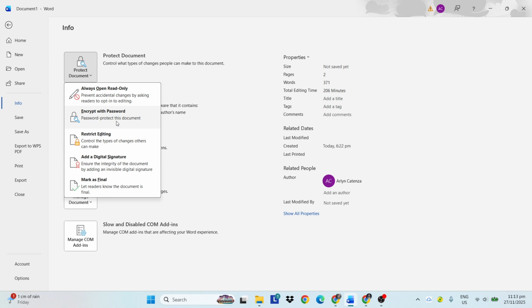Restrict editing lets you limit how others can modify the document. You can allow only certain types of changes, like comments or tracked changes, or lock down formatting. This is ideal for forms, templates, or collaborative documents where you want to control exactly what can be altered while